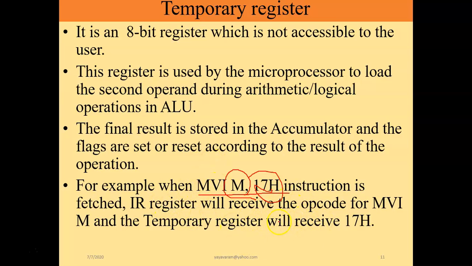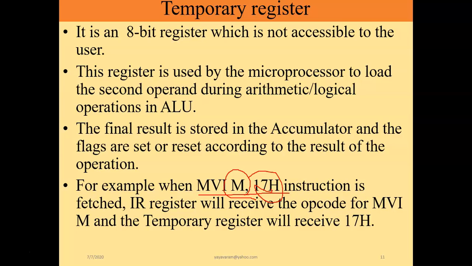Then first, where do we move this 17H? The 17H will be moved to the temporal register. From there we'll move it to this, as we cannot directly move the data here. So similarly, suppose I want to exchange or interchange two data operands, for example, exchange A and